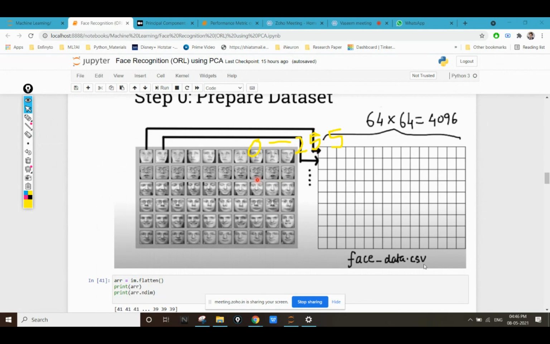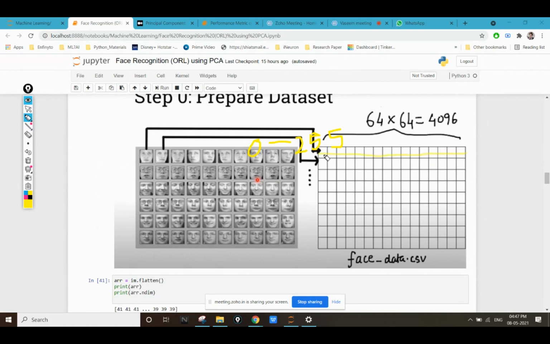We have seen that each photo is of 64 by 64 pixels, which is 4096. So each image will be converted into 4096 columns.